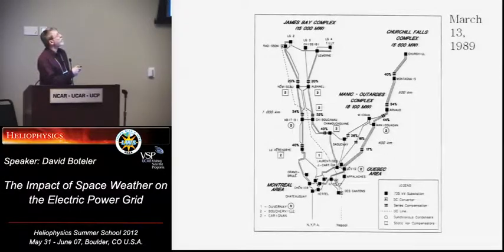Key features to point out: a lot of generation on the rivers flowing into James Bay, on the bottom of Hudson Bay up here, or on the rivers at Churchill Falls here. And then very long power lines bring the power down to the load centers in the south, to the Montreal area. There's also a DC line coming down, that dash line that goes all the way down here and then feeds electric power into the US.